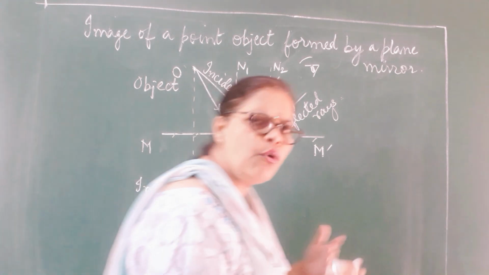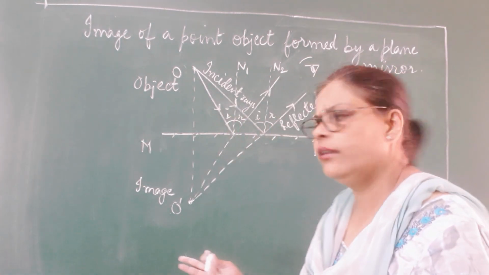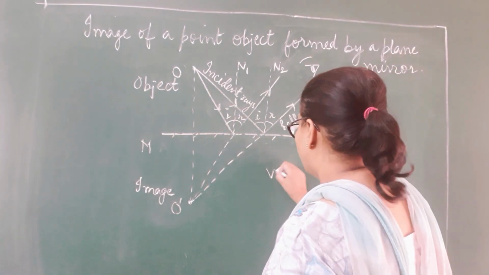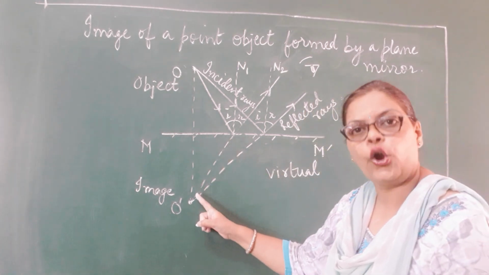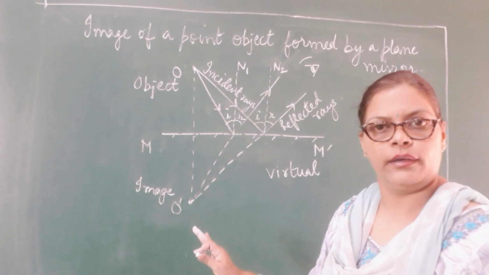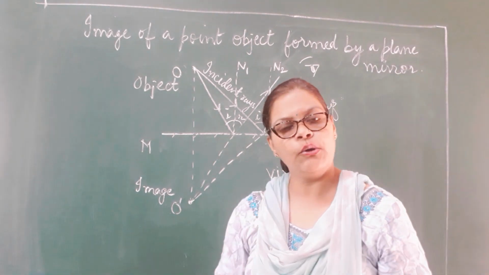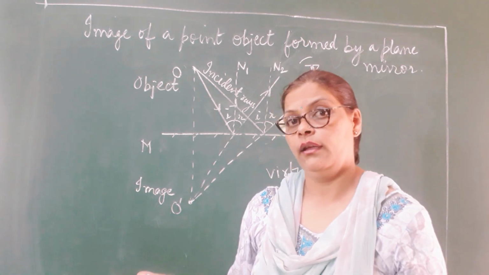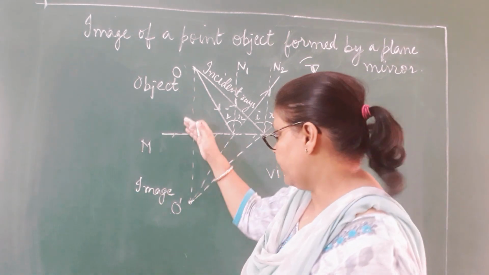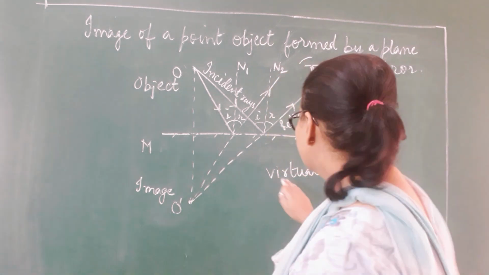Now let's look at what are the characteristics of the image formed, children. The image formed is virtual, number 1. You can see that's why I've drawn it dotted. The image is virtual. Okay, do you remember what I told you about a virtual image? It is an image which is not formed on the screen. It is formed behind it. So you can see the image formed behind it. So it is a virtual image.